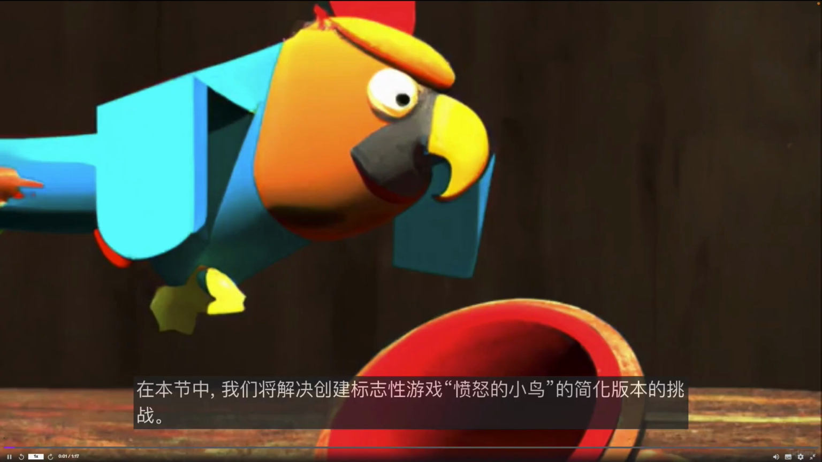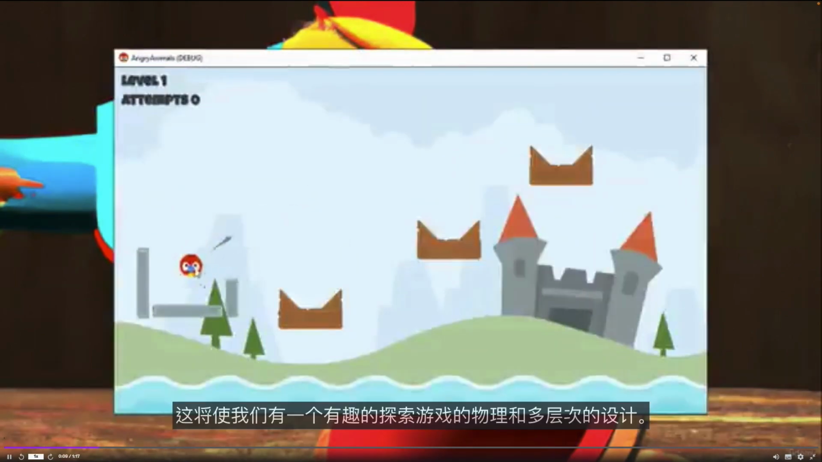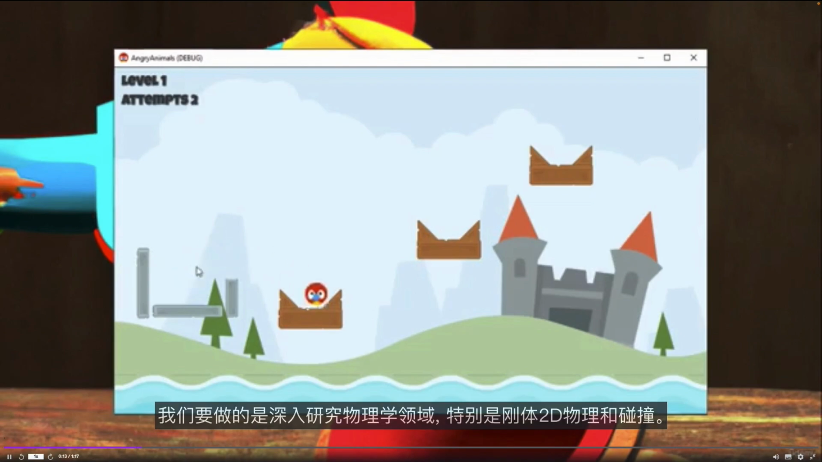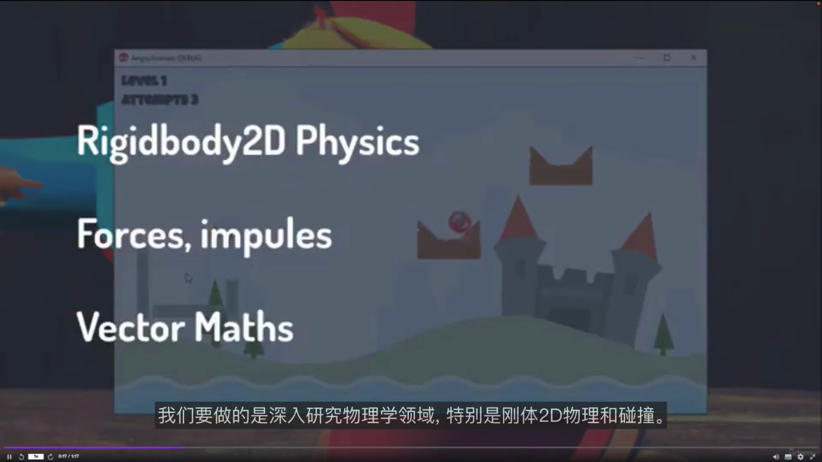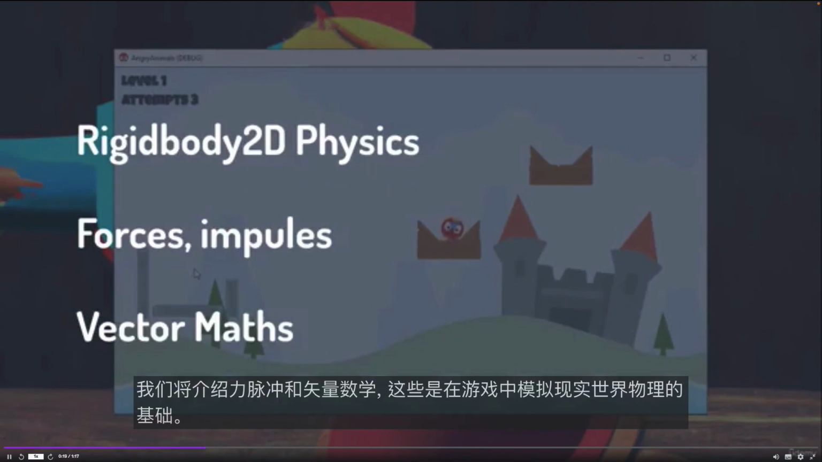In this section, we're going to tackle the challenge of creating a simplified version of the iconic game Angry Birds. We're going to give it our own little twist and call it Angry Animals. This will allow us to have a fun exploration of the game physics and also multi-level design. What we're going to do is delve deeper into the realm of physics, and especially the rigid body 2D physics and collisions. We're going to introduce force, impulses and vector mathematics, and these are the building blocks for simulating real-world